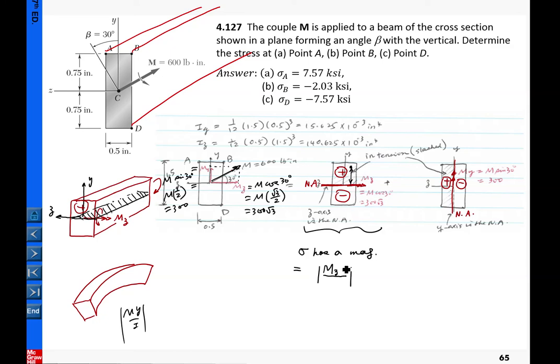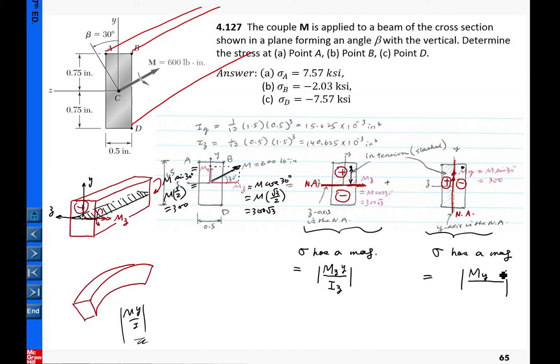And I is the moment of inertia with respect to the neutral axis. For this case, the neutral axis is the z axis, so here it is Iz. And now again we look at this subsystem. The sigma has a magnitude equal to, again using our template here, M is the moment we applied, which is My here,